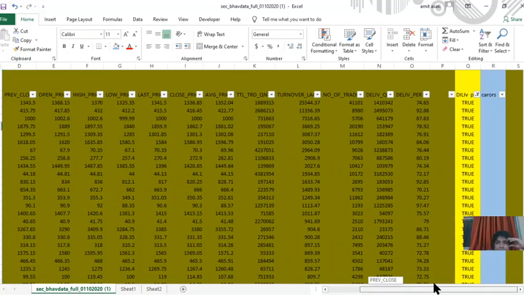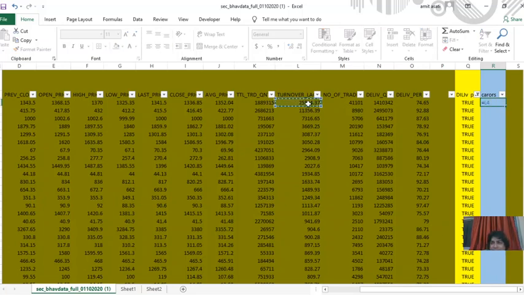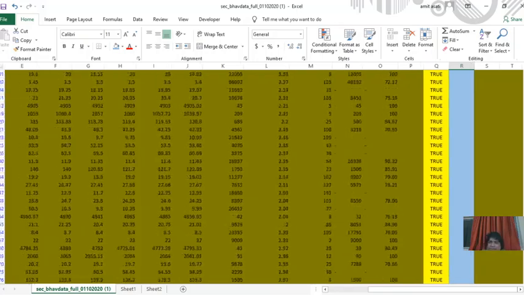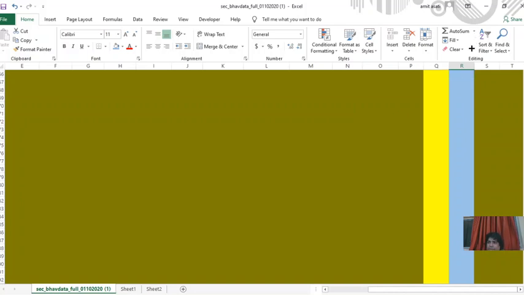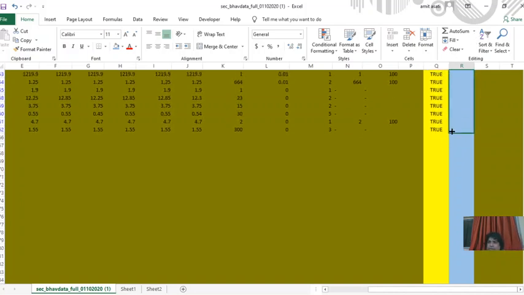Now we want it in crores. So again we will apply equals turnover in lakhs, and we will convert it by dividing by 100, so lakhs will be converted to crores, and a value of 255 crores has come. Now we will pull the data down to the downside and find the values, and this is true.